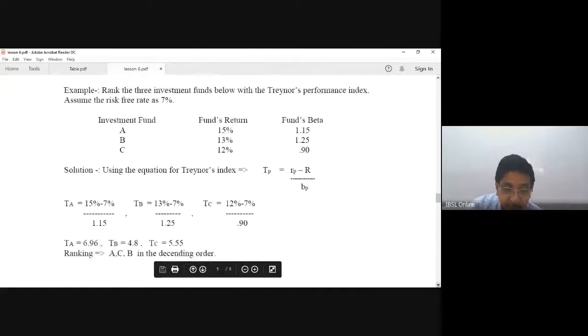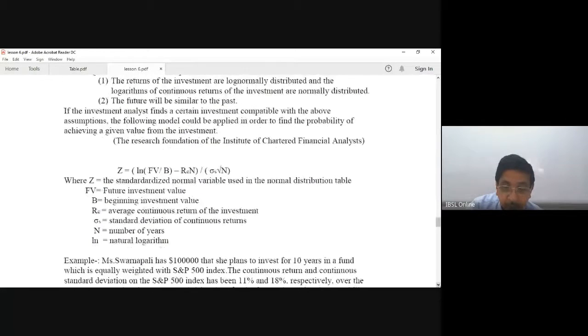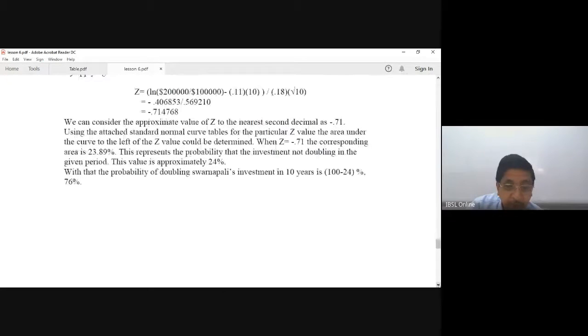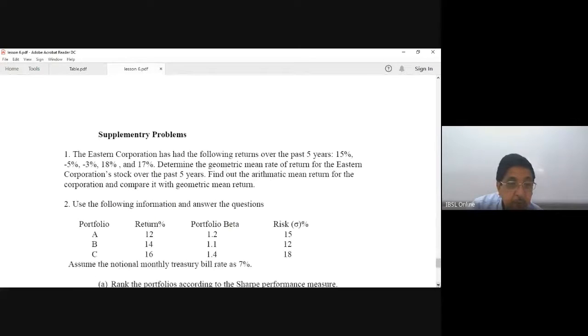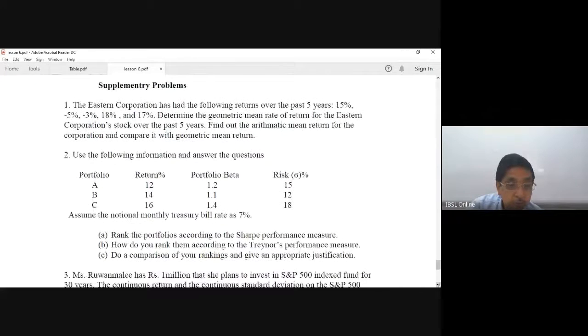Right. Now I will just direct you to a question at the end of the lesson. The question number 2. Use the following information and answer the questions. I think you all can get involved yourself with this